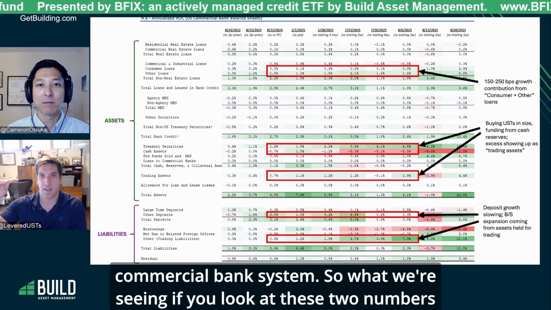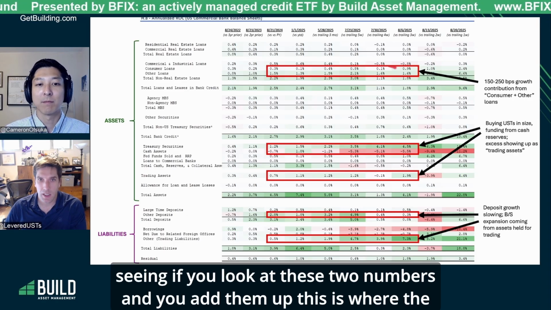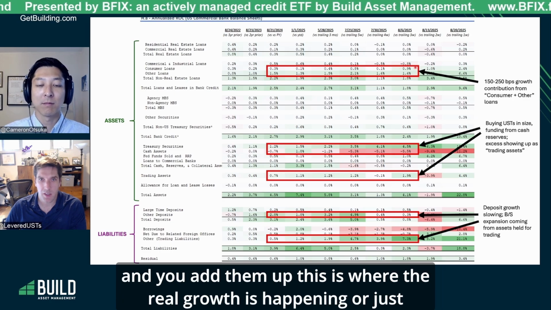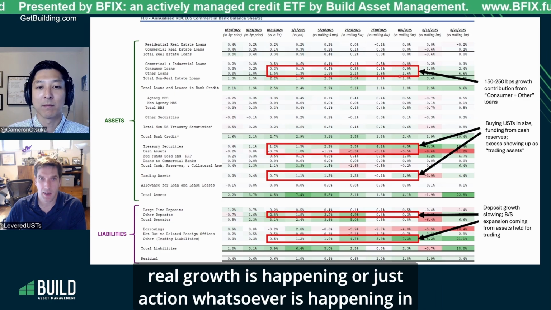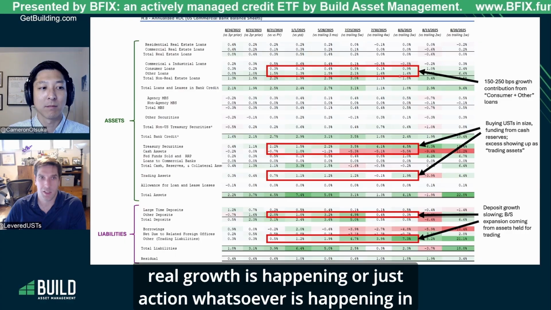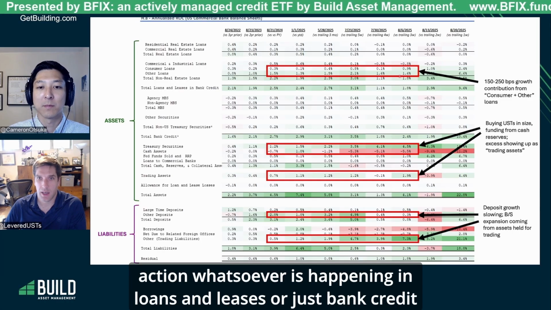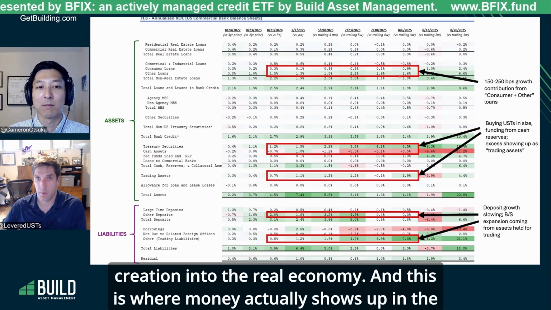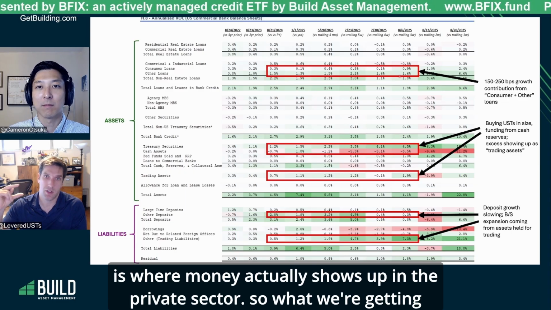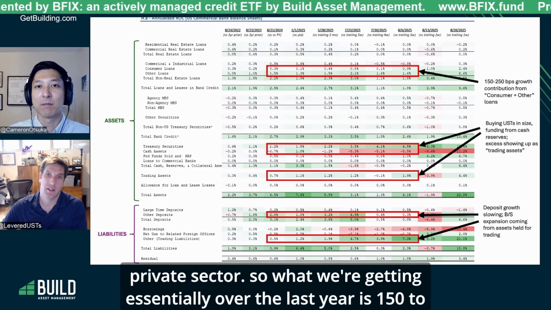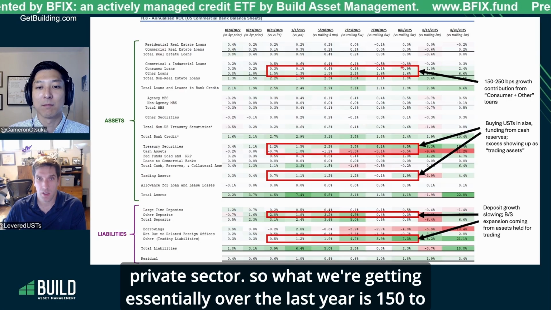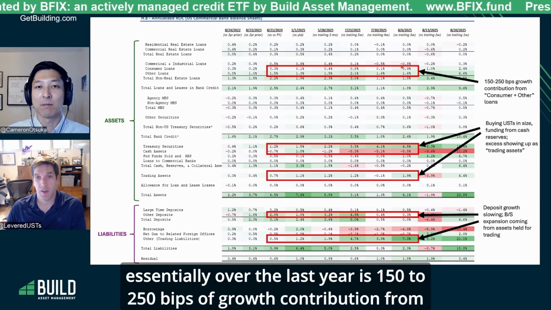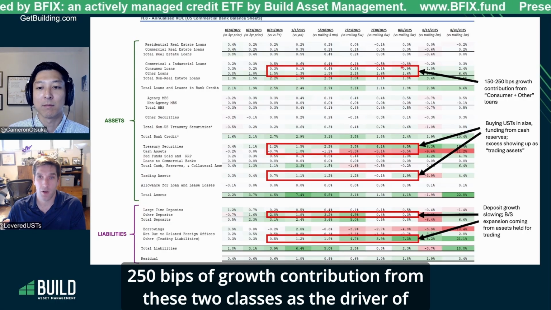But basically, this is the contribution to that balance sheet expansion coming from the U.S. commercial bank system. So if you look at these two numbers and you add them up, this is where the real growth is happening, or just any action whatsoever, in loans and leases, or just bank credit creation into the real economy. And this is where money actually shows up in the private sector. So what we're getting essentially over the last year is 150 to 250 bips of growth contribution from these two classes as the driver,